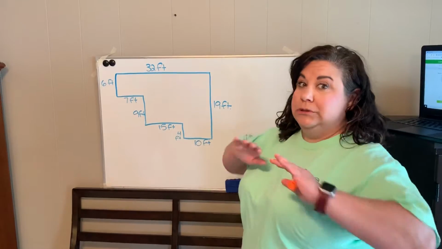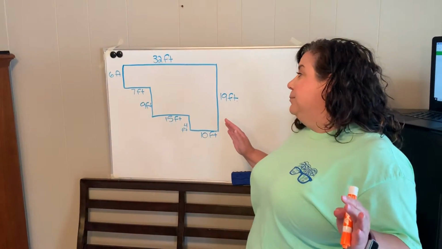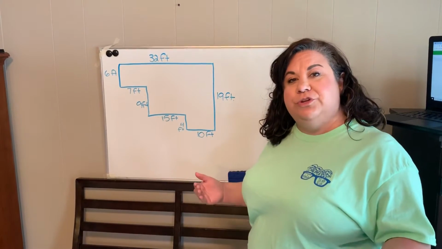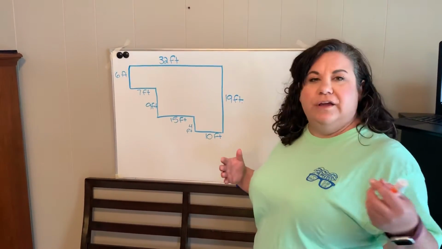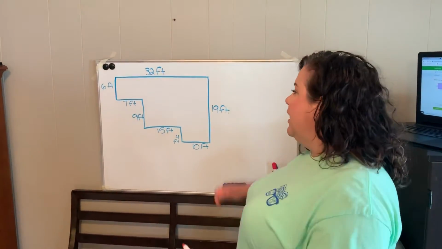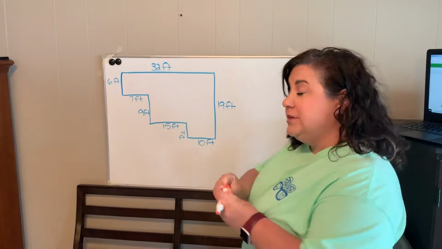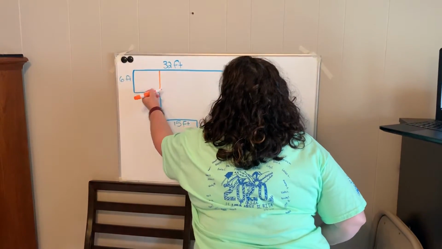Now, there are lots of different ways that you can cut this shape, okay? For me, I always want to do it the least amount possible, so that I'm not trying to find the area of like 5 different shapes. So when I look at this, I'm going to draw out the lines that I think